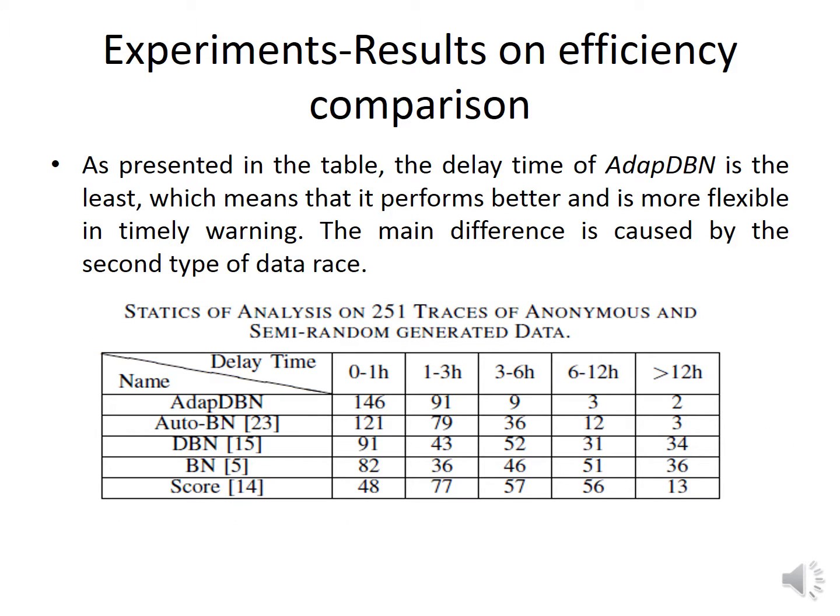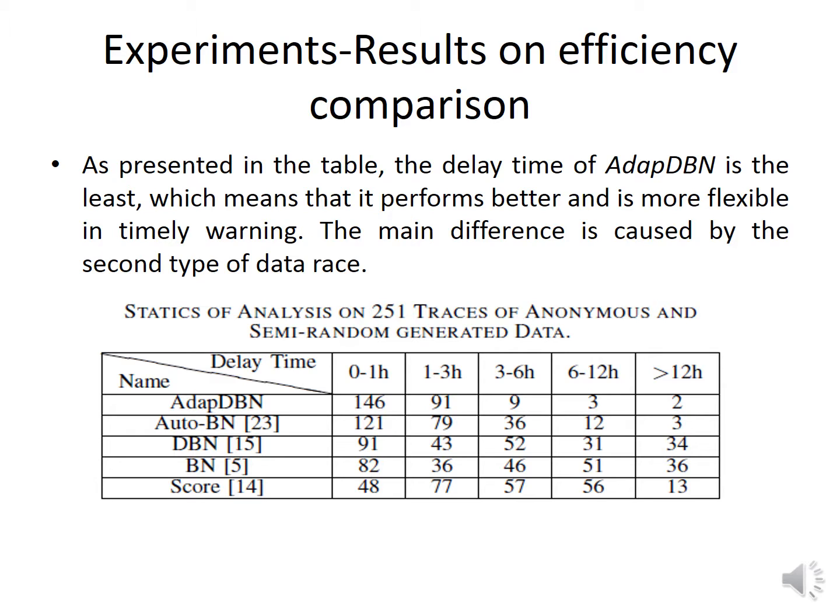We will generate semi-random data traces for those patients, and we will calculate the delay of each detection. If the model produces less delay time, then the model is efficient and will produce better results